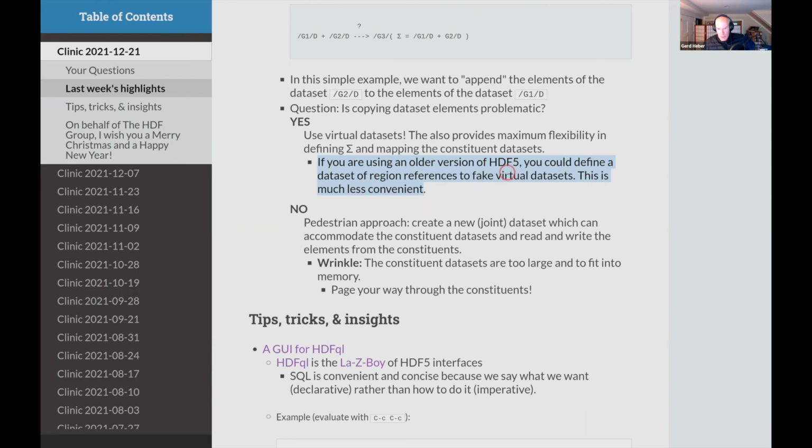And then you could create a data set whose elements are such region references. Again, it would amount to a protocol where you say, when I encounter a data set whose elements are region references, I understand that as I read this data set, I have to dereference those region references, and that will give me the data.